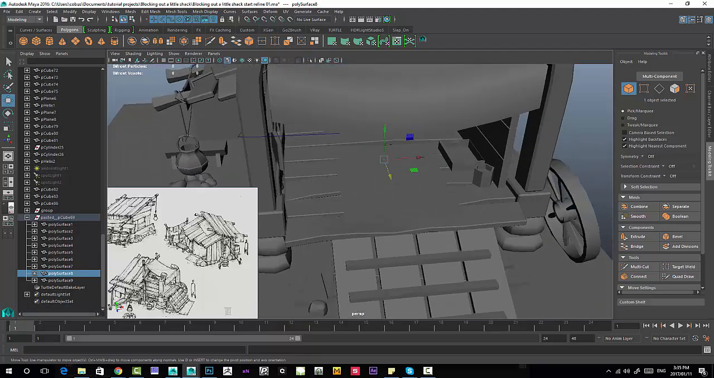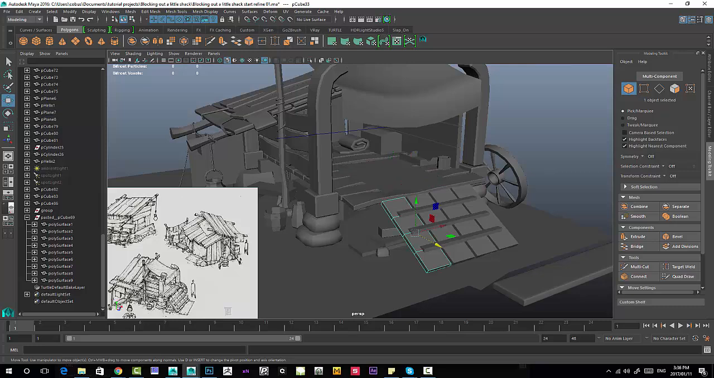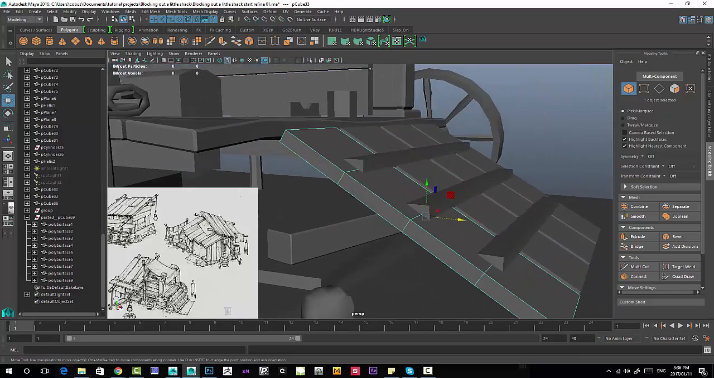Okay, so I'm going to pull back again, have a look at the rest of the object. Might want to make some of these more buckled and bent in. So again, I'm going to tweak them and then come